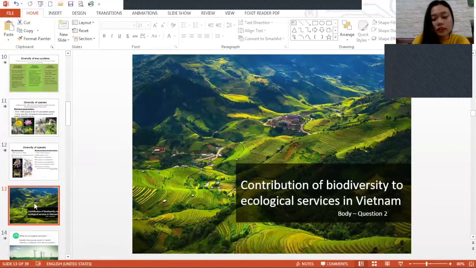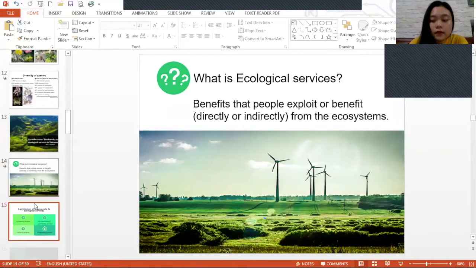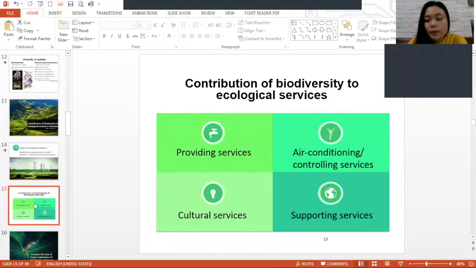About the contribution of biodiversity to ecological services in Vietnam. So what is ecological service? Ecological services include benefits that people exploit or benefit directly or indirectly from the ecosystem. Firstly, the 3 main ecosystems, terrestrial, wetland, and marine ecosystem, provide services to provide food, water, wood,